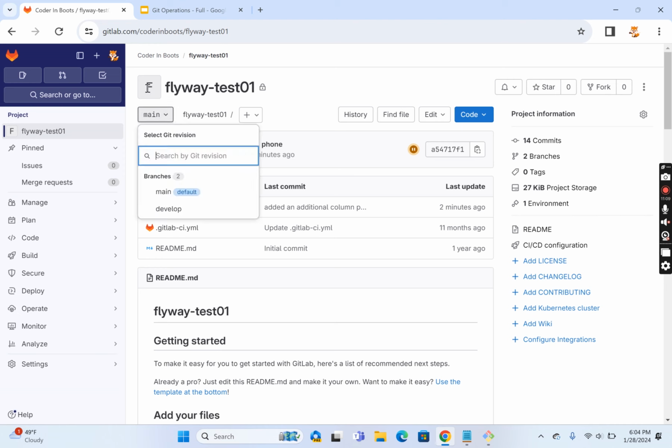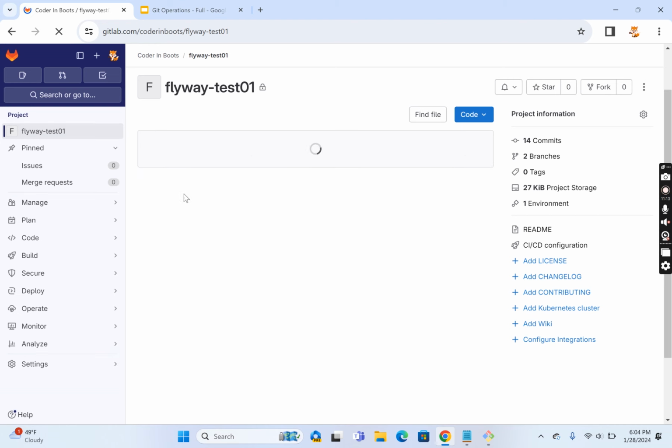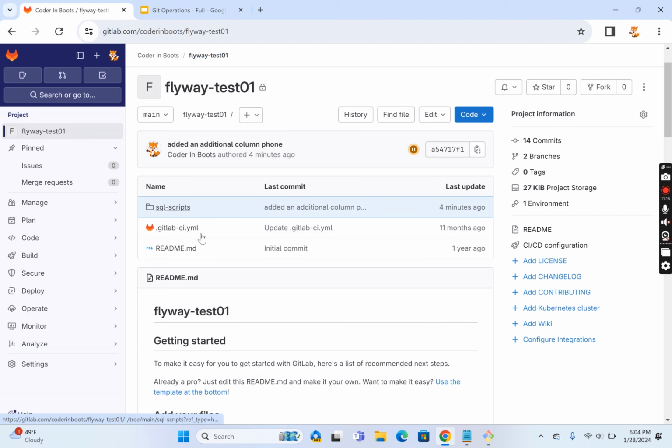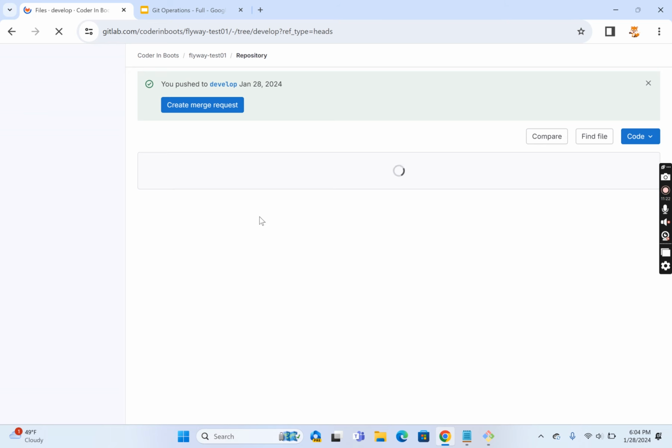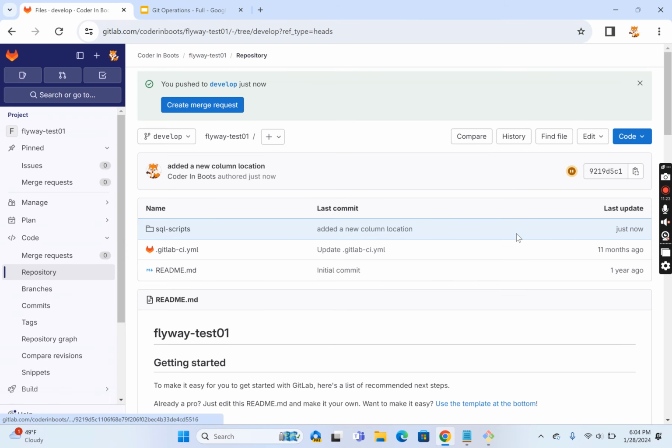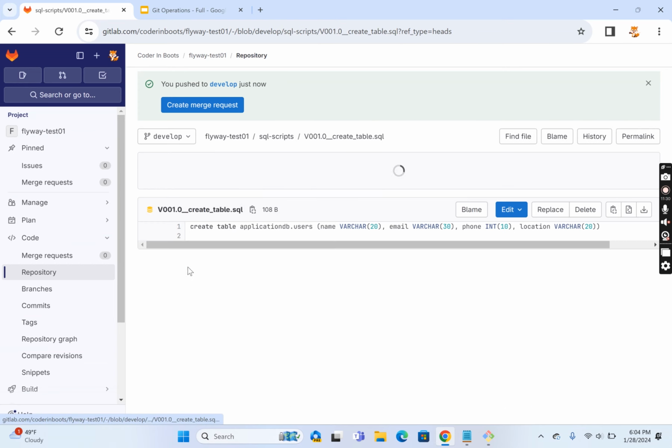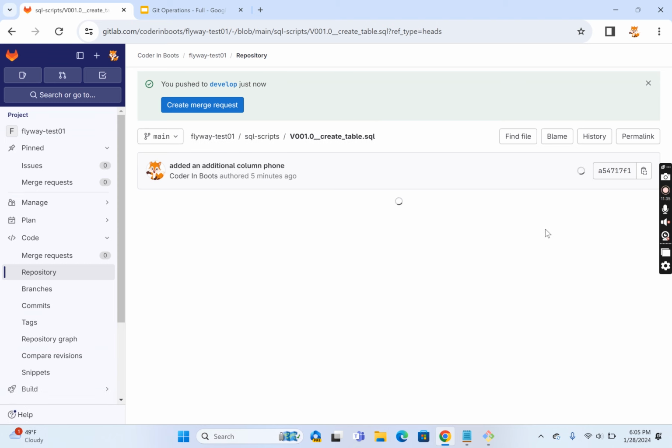Now if you refresh, you will not see any change in the main branch. You see the last change happened 4 minutes ago. But if I switch to develop, you will see the change right now, last commit just now: added a new column location. So it has location, but if you switch to main, you won't see the location column because the commit happened